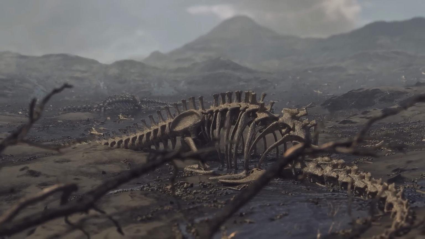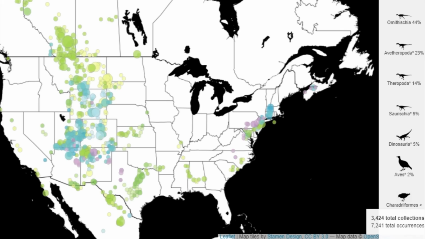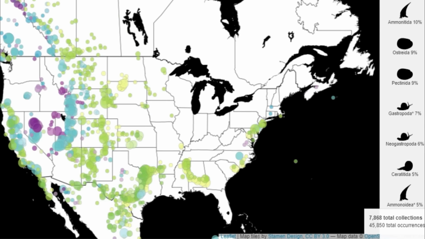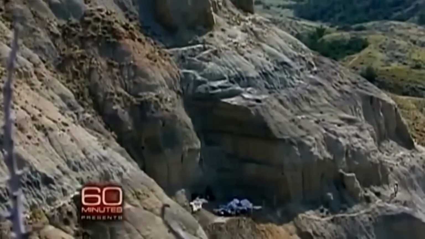Well, the obvious answer lies in the middle of America, where 13 states are filled with dinosaur remains mixed with marine and plant life. What event in history could bury birds, land animals, sea creatures, and plants over a 1 million square mile landscape under tens to hundreds of feet of mud?